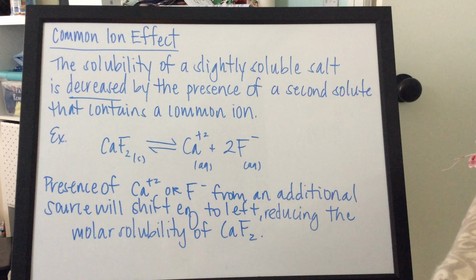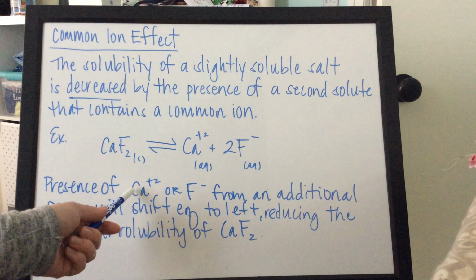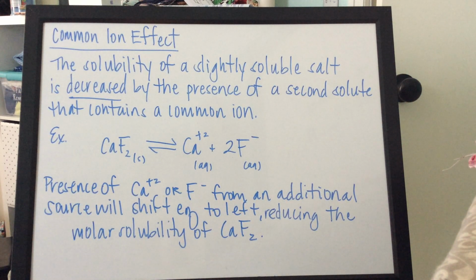And so this discussion is going to be on actually proving that, with the math behind proving that the solubility is decreased if there's a common ion. So for example, calcium fluoride in equilibrium with its ions. If you were to introduce a second substance, one that had calcium, like calcium nitrate or calcium chloride, or something that had the fluoride ion, so lithium fluoride or potassium fluoride or something,